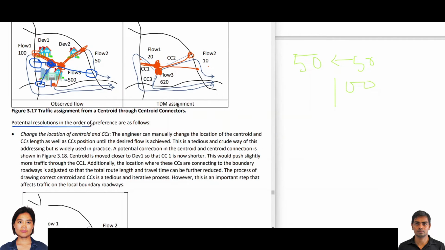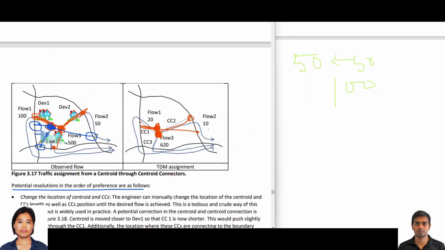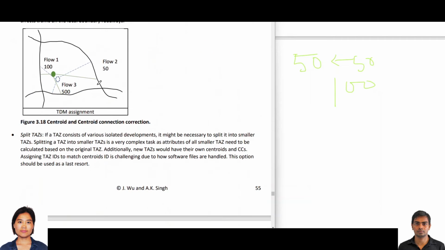So possible solutions for fixing are, first we move the centroids, and then we also correct the connectors. Initially the connectors were connecting where the driveways are located. This is how most of the models are coded. The models are kind of geometric eyeballing on these developments and then connecting them where the driveways are. However, in practice, we changed the connection point from where those driveways are to a more realistic